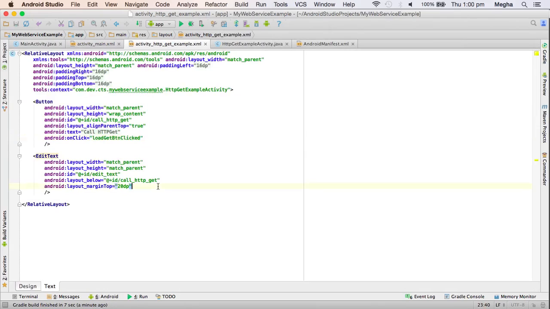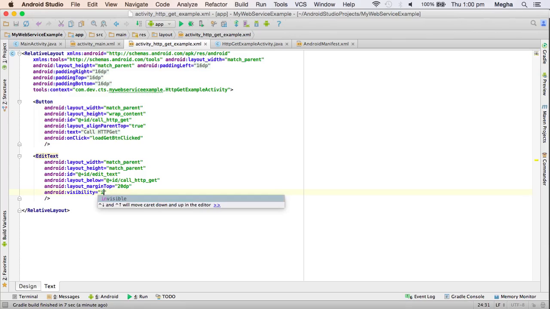Since we already have edit text for our testing purpose, I'm going to set its visibility to gone, meaning it will disappear, but still be there. The object will still reside, but it won't be shown. Visibility invisible means the object will be invisible, but it won't clear the space. An amount of space will still be taken by this object. So for the time being, I'm going to keep it as